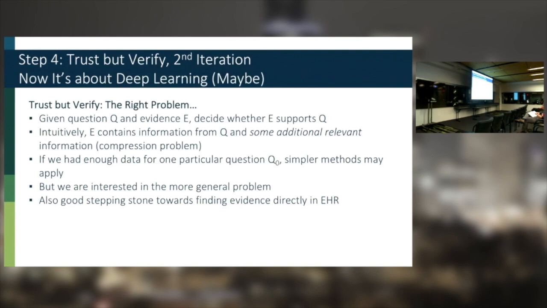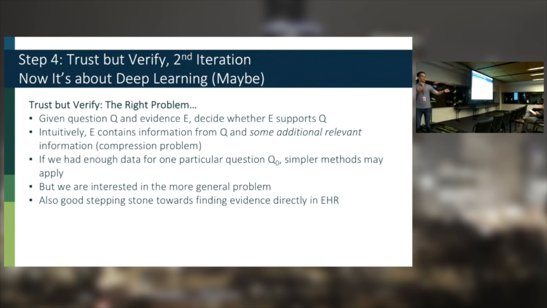So what's the problem that we're trying to solve now? So we have a question that we're asking the user, and we have a piece of evidence that the user gave us, and we want to decide, does this evidence support the question? So to make it really concrete, question really looks like, does the patient have some sort of a condition, seizures, and you expect good evidence to look like patient is 35-year-old male, presents with seizures, blah, blah, blah, so on and so forth. So intuitively, it contains all the information that's contained in the question, and then some. And that's what you're trying to detect here.